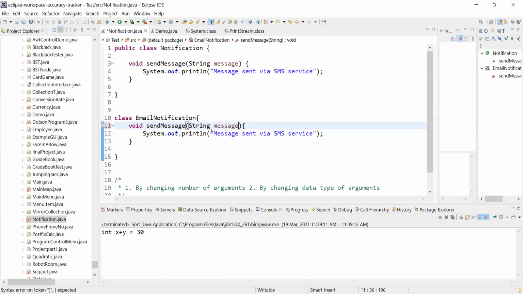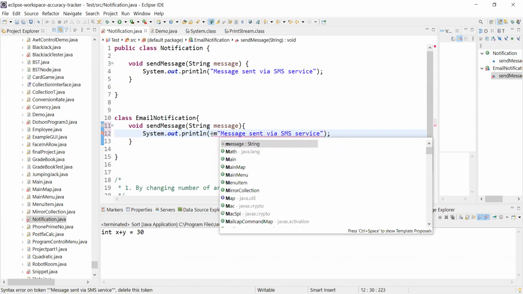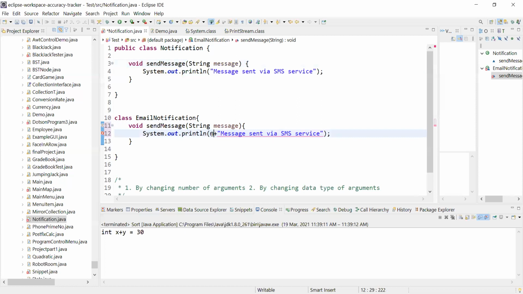Now whatever message we are sending, we'll append that. Message, and let me just remove this. Sent via email service.